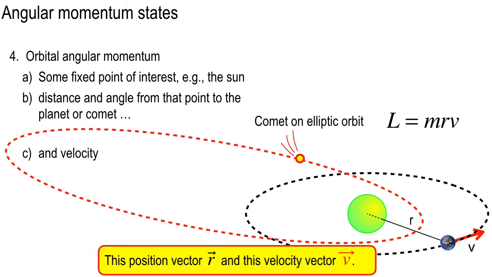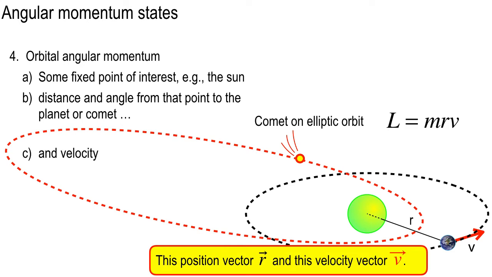So now the position vector R and the velocity vector V on the Earth's orbit are perpendicular. All right, so make a note of that. Now, if you're out there studying the comet, it's a little bit trickier. All right. Now let's take a look at, before we go to the comet, let's pause for questions here about